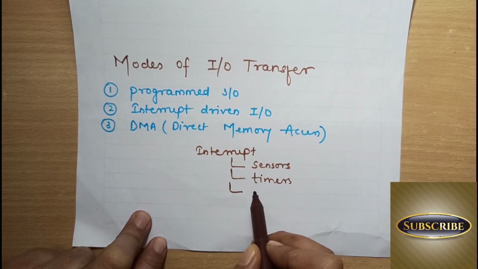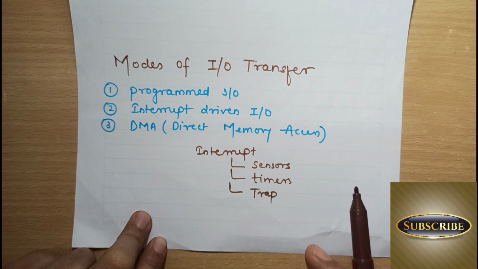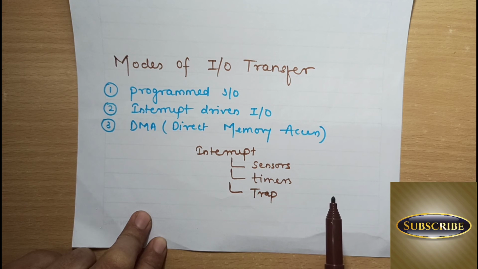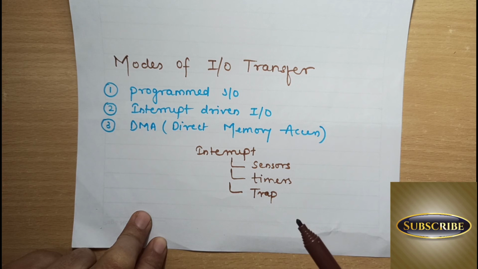Then another interrupt in the computer system is trap. Trap could be a hardware trap or a software trap. Software trap means, if you are performing some program and you are dividing a number by 0, you will get infinity, and you cannot store infinity anywhere in the registers, right? So that is actually an exception. That is an interrupt that you have to deal with instantly or handle differently. You cannot go with normal execution, right? That is a software interrupt.